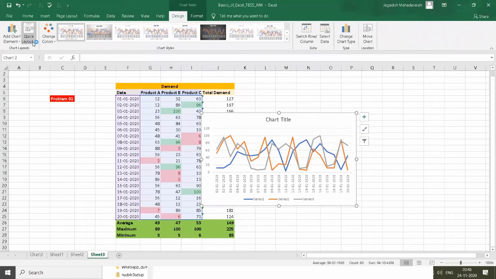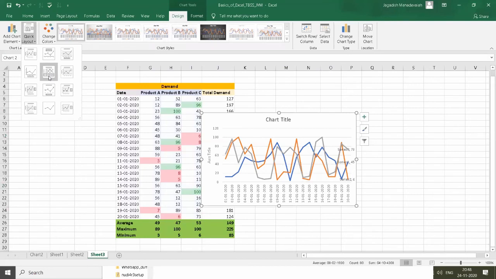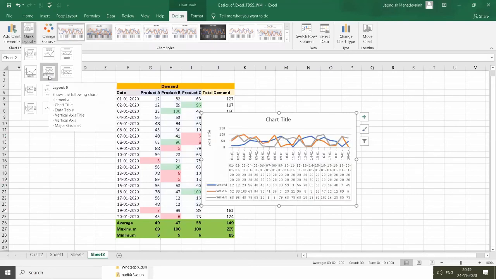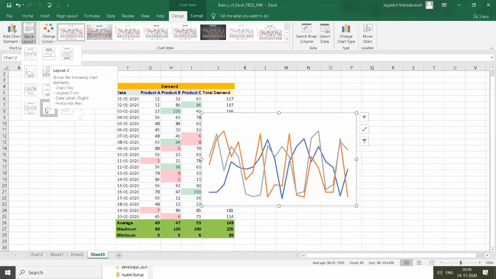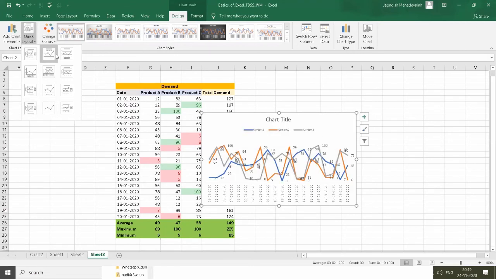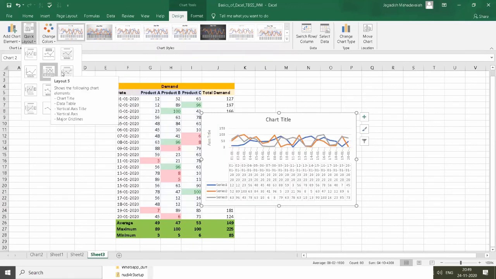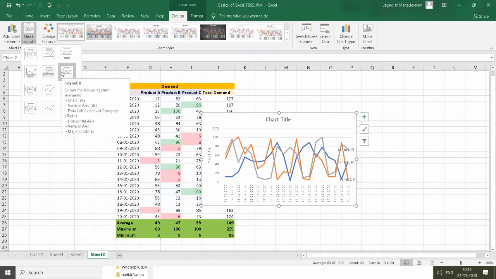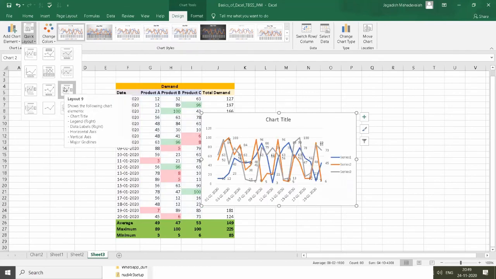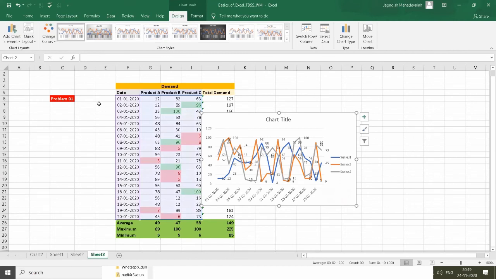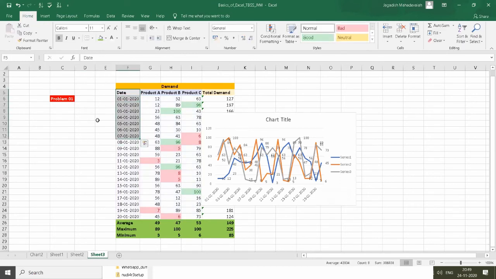So you can change the layout of the graph from this Quick Layout option. Like, see, if you want the detailed elements or particulars to be shown to your higher authorities, you can use this. Or if you want to hide the things, you can just go for this. Just some lines scribbled by some nursery student. Yeah. The graph should contain some written information, so yeah, this is the best thing. Click OK. You got the graph.